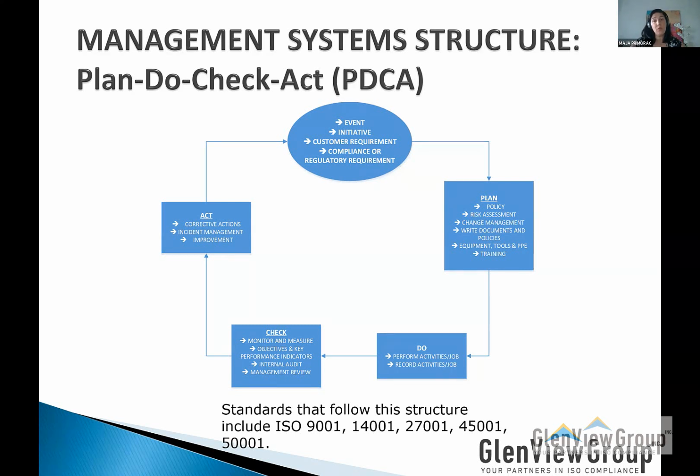And the reason why this is applied is because it's a perfect closed loop, because at the end of the day, we really want to make sure that whatever we are documenting, whatever we are implementing is effective in the long run. And the only way to do this is if we make sure that we have taken into consideration all of the risks, all of the resources, all of the training. And so really it can be applied at any time.